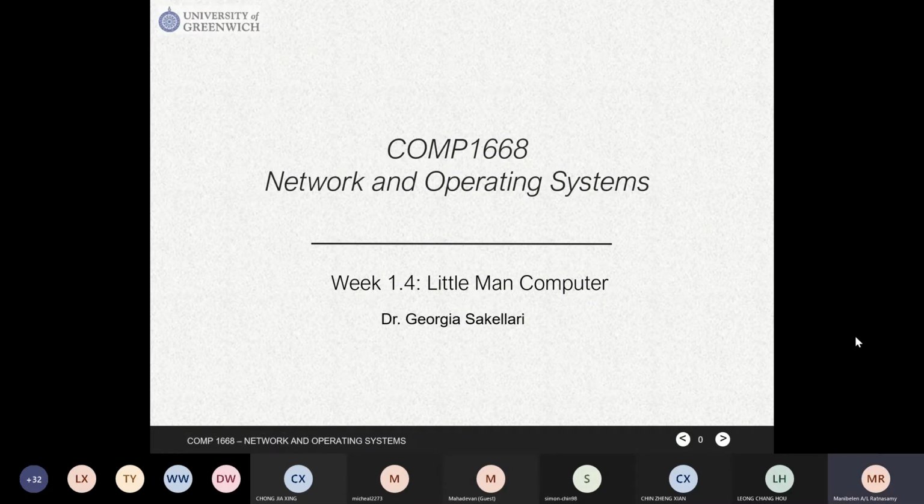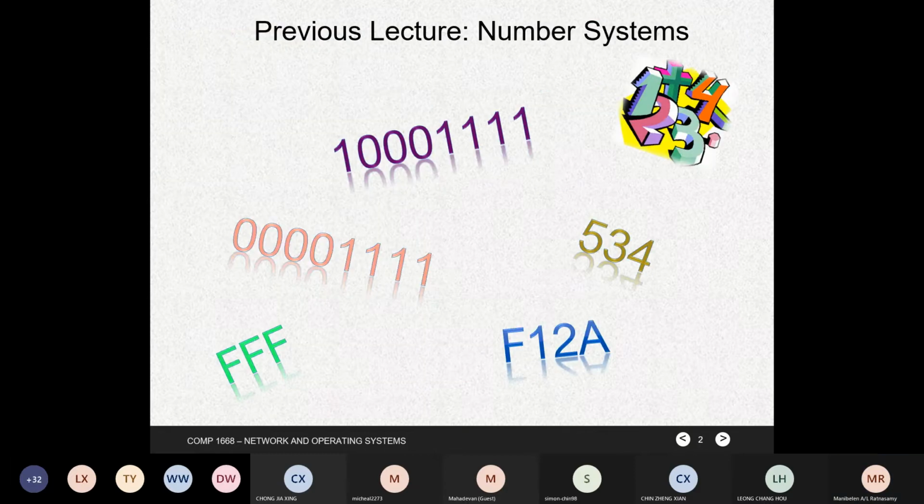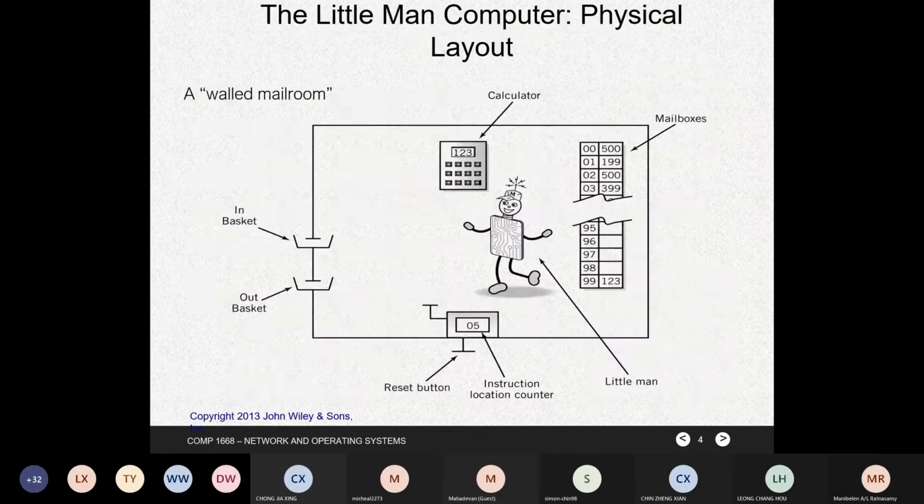So let me refresh on LMC, Little Man Computers, where we started last week. This is what I shared with you last week, where you need to really understand this mail room. I have seen a past year question from UOG where they used this diagram and created questions based on it. So even though it is a very simple diagram,